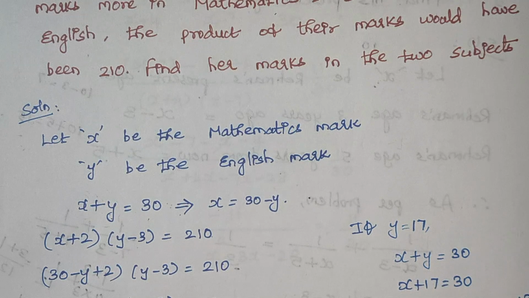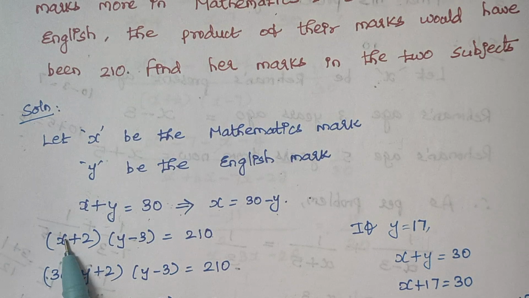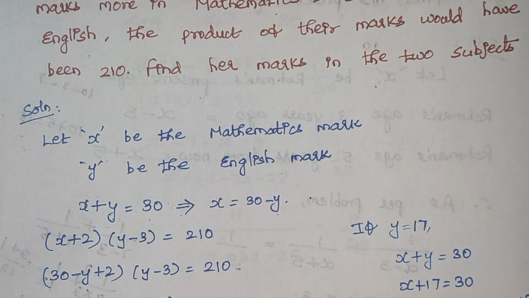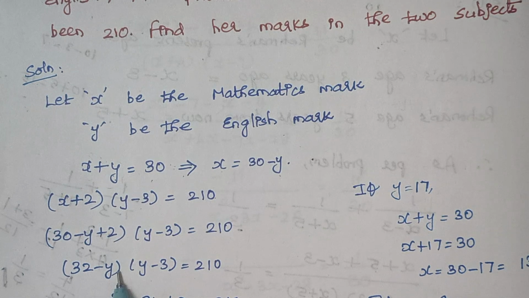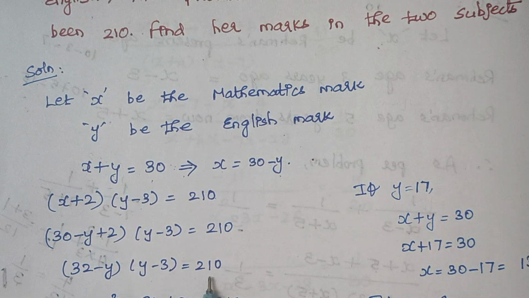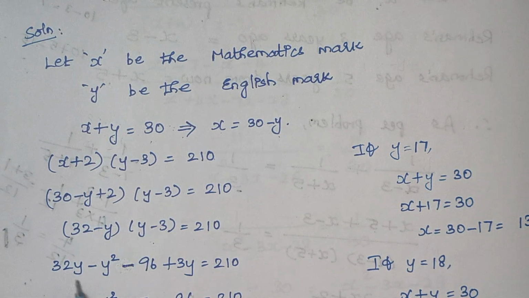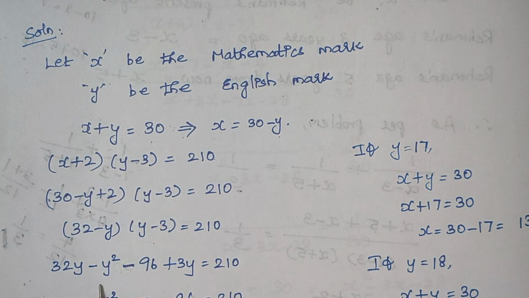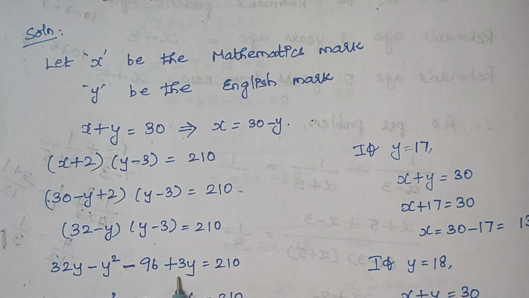Now in the place of x, I am replacing it by 30 minus y. So x is replaced: (30 minus y plus 2) into (y minus 3) equal to 210. Again 30 plus 2 gives you 32. So (32 minus y) into (y minus 3) equal to 210. Now we are going to multiply these two expressions. When you multiply, you see 32 into y, 32y, minus y into y, minus y square. Now minus 3: 32 into minus 3 is minus 96, and minus y into minus 3 is plus 3y,